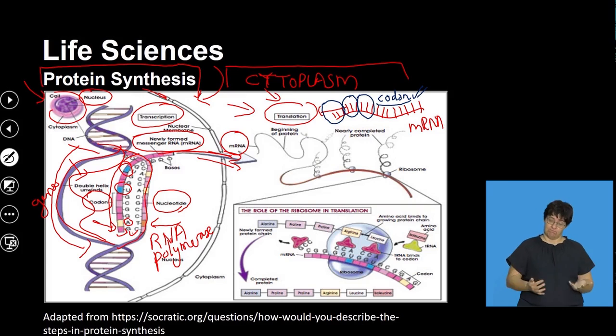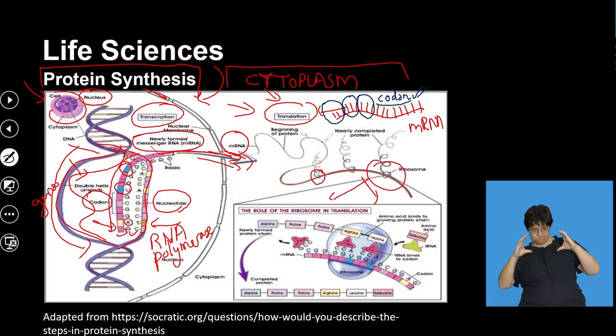Right. So the mRNA leaves, moves into the cytoplasm, and in the cytoplasm you have these structures called ribosomes. And as you would see them, these are called ribosomes, which I've now further enlarged in this image. The ribosome is going to read the mRNA in specific sequences called codons. And as it reads each codon, it will instruct a tRNA molecule, and here a tRNA molecule is represented by